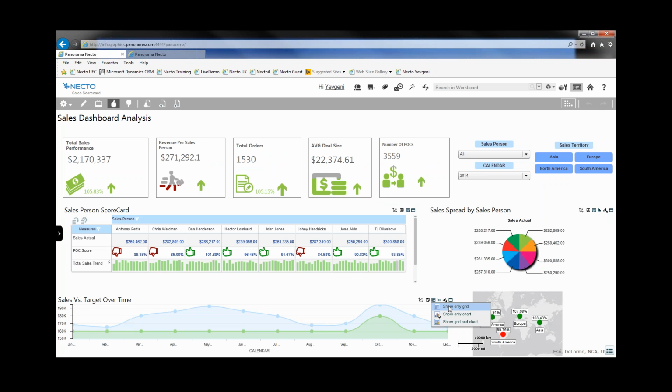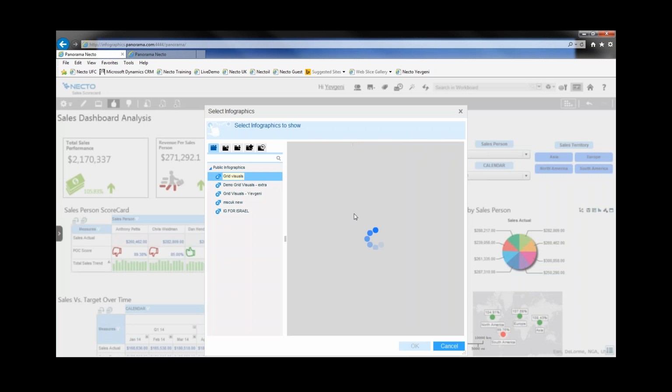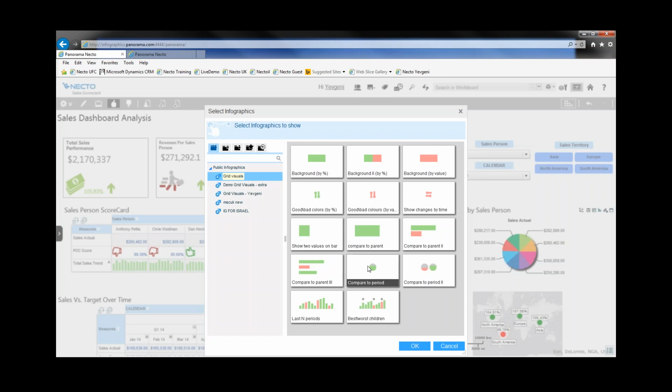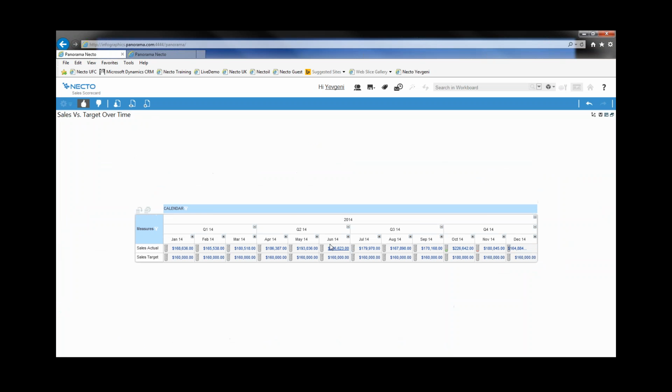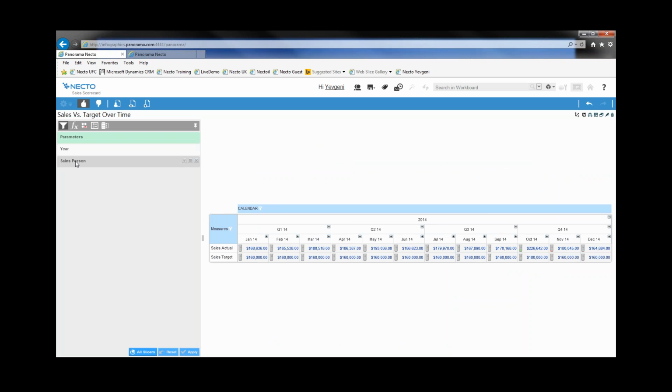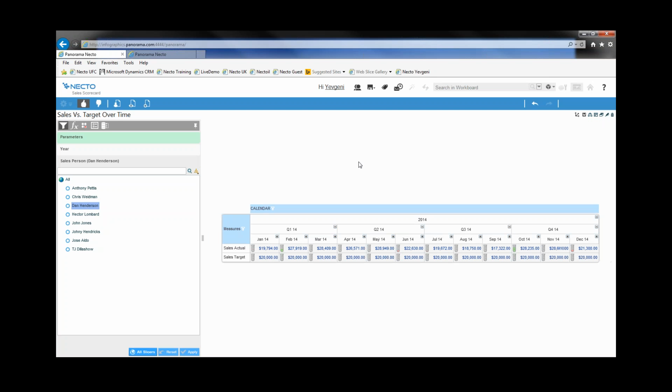Okay, I'll show you another example over here. If we'll switch to the grid and add an infographic to the grid itself, and we will compare to a previous period. Okay, by comparing to a previous period, let's maximize this component. One of the most important aspects of business intelligence and analysis in particular is the need to compare a period to a previous period or to a parallel period, and to know if you're going down or going up,